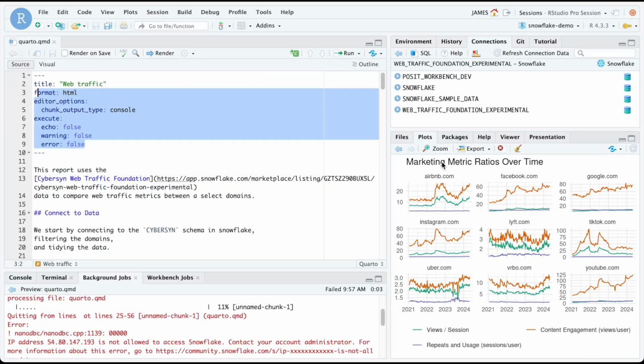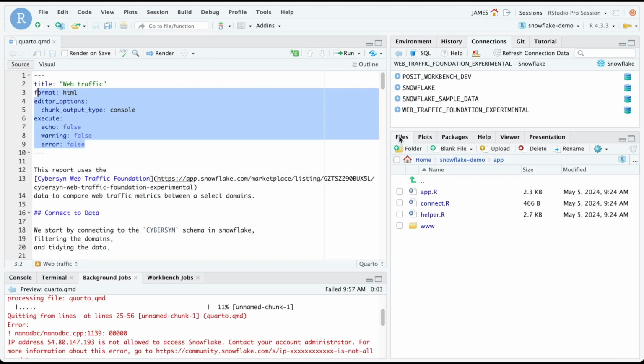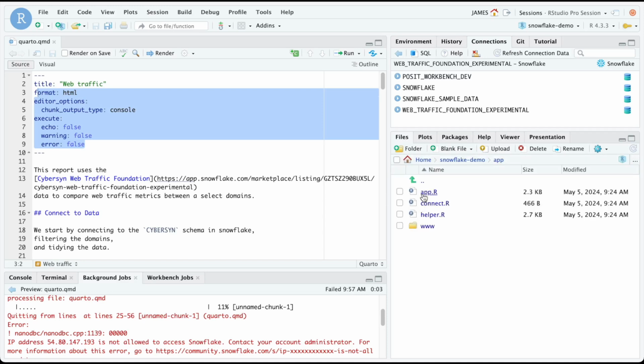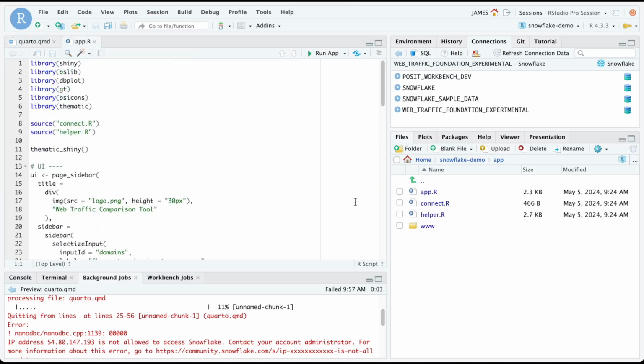Before we conclude, let's take a look at one more thing. If we go back to the Files pane inside of the RStudio IDE, there's a folder called App. Inside this folder is an app.r file that contains a Shiny application that creates an interactive application for real-time exploration of this dataset. This application uses many of the same principles that we just outlined in the Quarto document. And if we select Run App here,